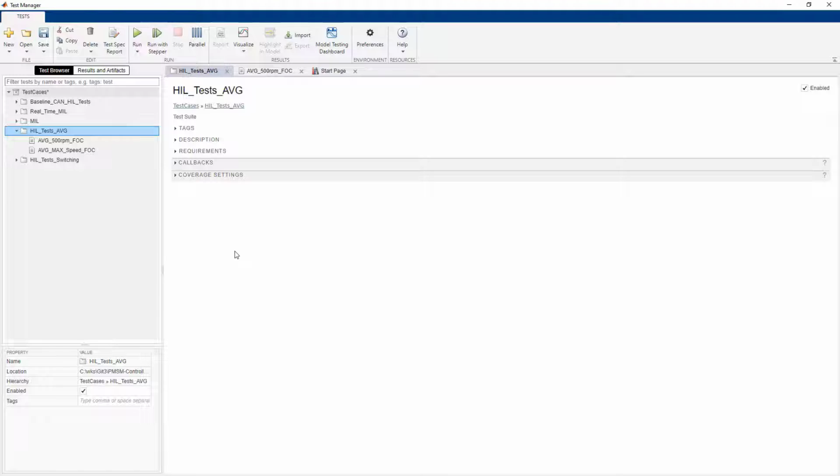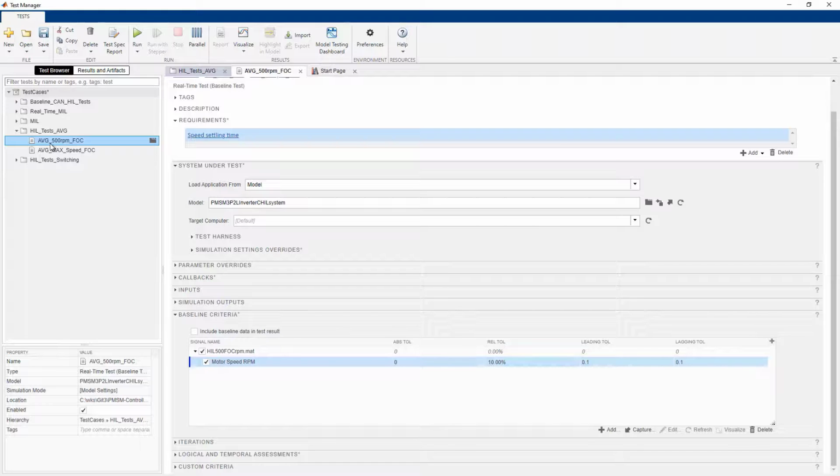Here I will show you an implementation using the Test Manager, which is part of the Simulink environment. Our baseline test will compare the result of the HIL simulation with the ideal case recorded from a desktop simulation. We use a 10% tolerance in accordance with our requirement.